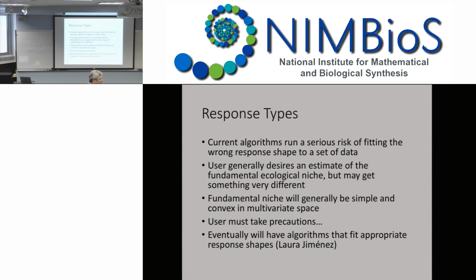And then another dimension of the same answer is you can also walk away from the complex algorithms. One thing we've done with extremely rare species is just to use an environmental matching, an environmental similarity. And you don't even try to get a niche model. You just get a view of the landscape as very similar, less similar, not at all similar, right? Exactly. Just like a Euclidean distance in environmental space or a Mahalanobis distance. And that becomes very interesting because it can allow you to find more populations.